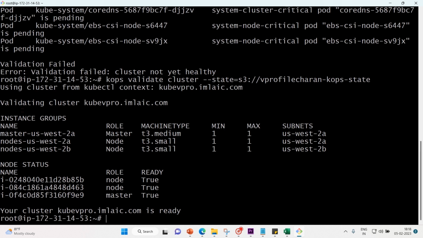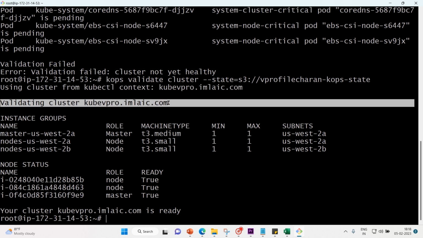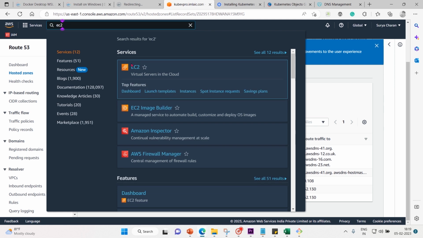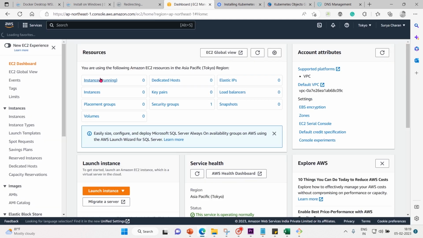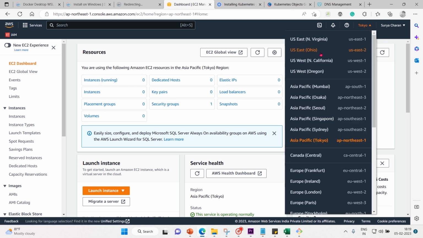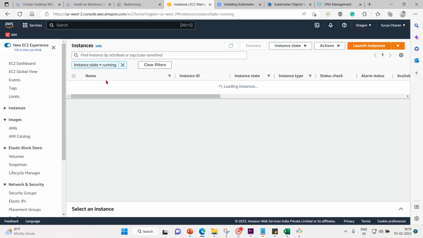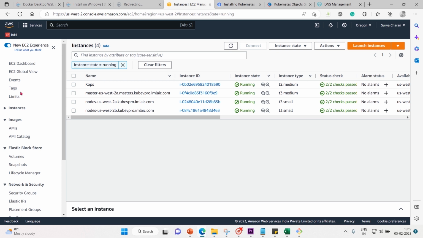That's it. Our cluster wipro.imlac.com is up and running. Let's validate it one more time. So EC2 instance, and here it is. We are in Tokyo. Let's go to the Oregon. That's US West 2, and you should see instances running, and we will go for all